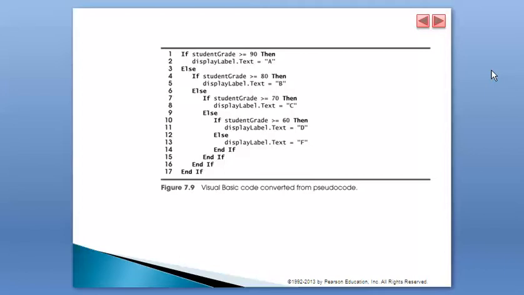Today we are completing chapter 7. In previous tutorials we discussed the first part of chapter 7, in which they're introducing the concept of structured programming, algorithms, pseudocode, and if statements. So here we are still talking about if statements. Like the one that you see in figure 7.9, we have multiple possible answers for the value of